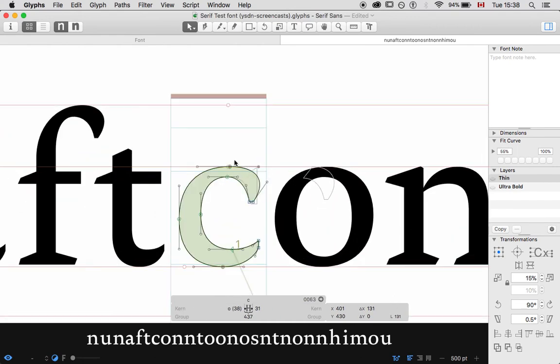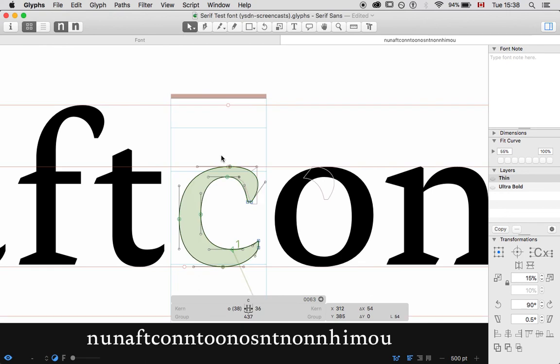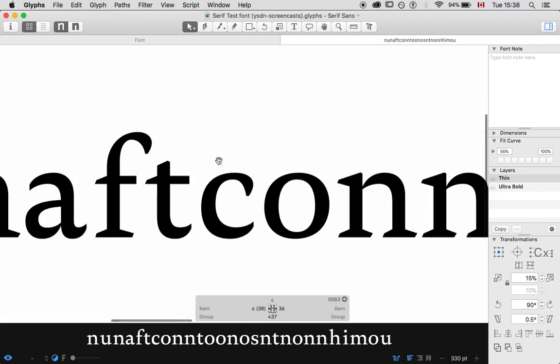It's leaning a little bit now, too much to the right. Okay, that's good for now. All right, so that's the